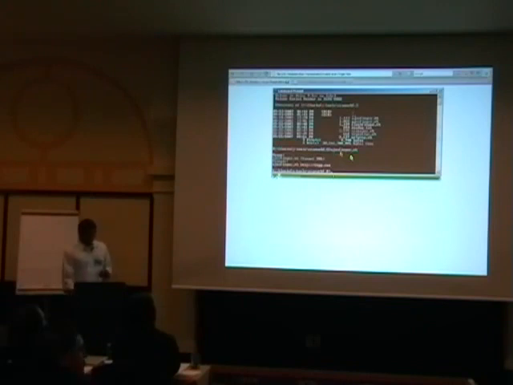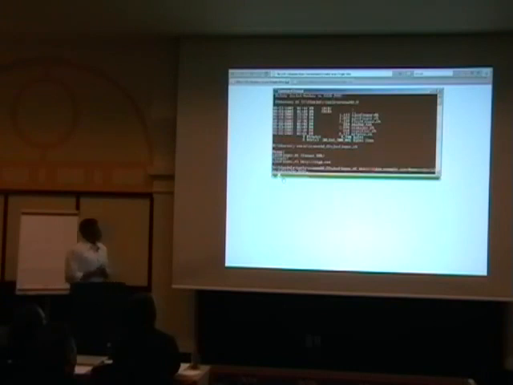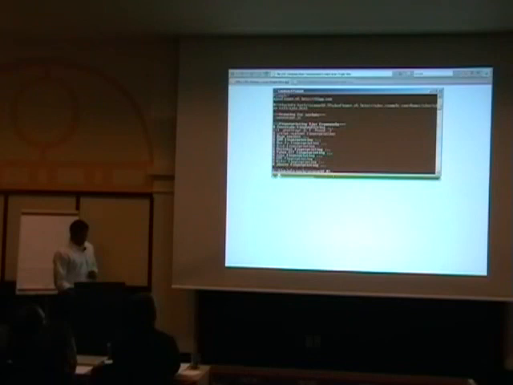The first script is called ajaxfinger.rb. It is essentially for Ajax fingerprinting. This is my target against which I'm running this script. So I run ajaxfinger.rb against this target. Here are some of the fingerprints for different Ajax frameworks, and it has found that this particular page is running with the prototype.js framework.